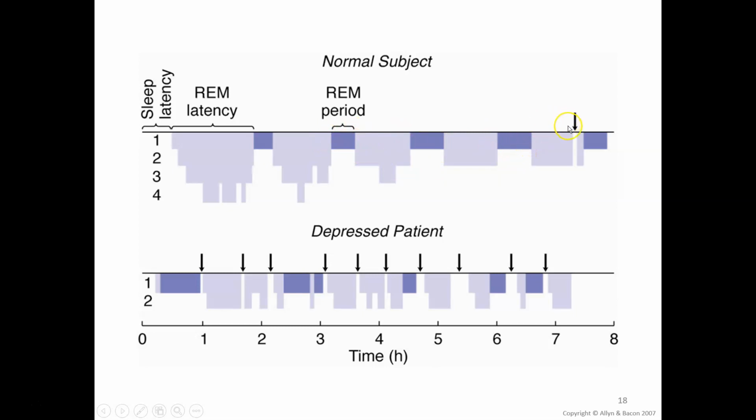These arrows, by the way, are different periods of waking. So this person has only woken up once, and they've already had several periods of REM sleep and several periods of deep sleep. Now, somebody who's depressed and probably struggling with insomnia, they're not really going to spend a lot of time in deep sleep, which is kind of critical. They're going to spend more time waking up, and notice that they're trying to get into REM sleep